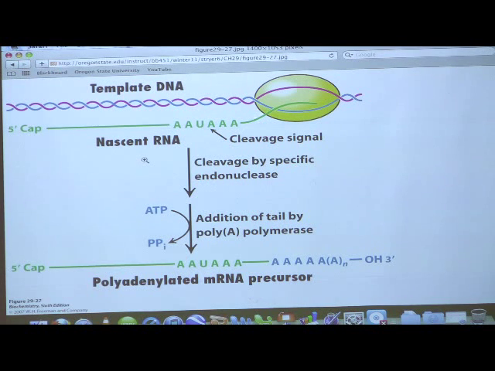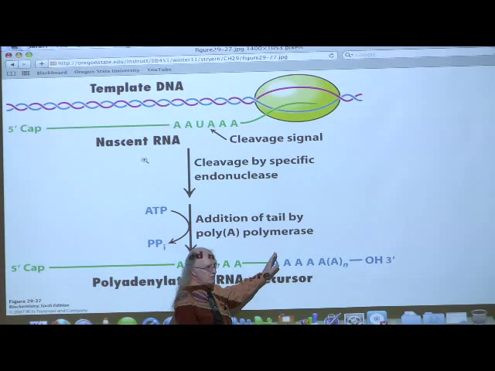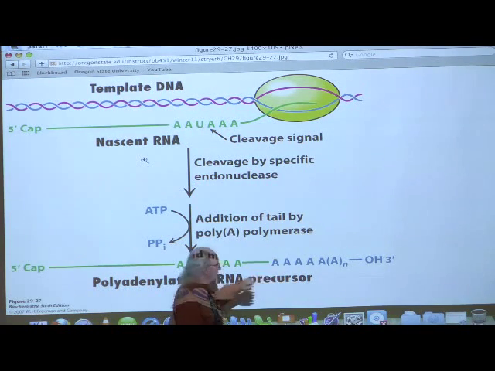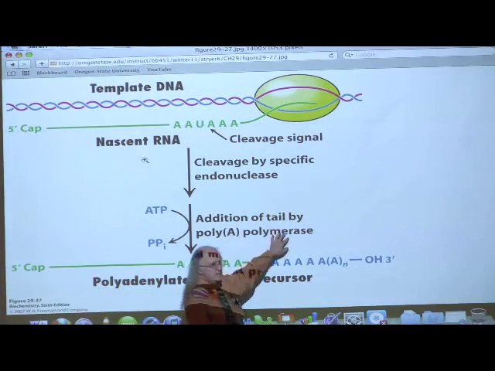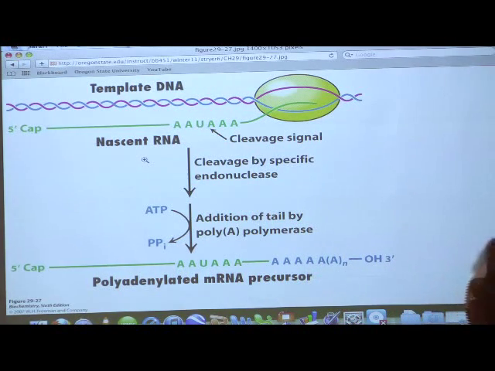It happens as the sequence AAUAAA is encountered by the polymerase. The polymerase continues making RNA past that sequence, but an endonuclease comes along and clips right here. So a specific end is made to the RNA, even if the polymerase is continuing on. So we have a different termination mechanism here than we do in prokaryotic cells. A polymerase, as it's so called, then adds a sequence of A's near the 3' end.